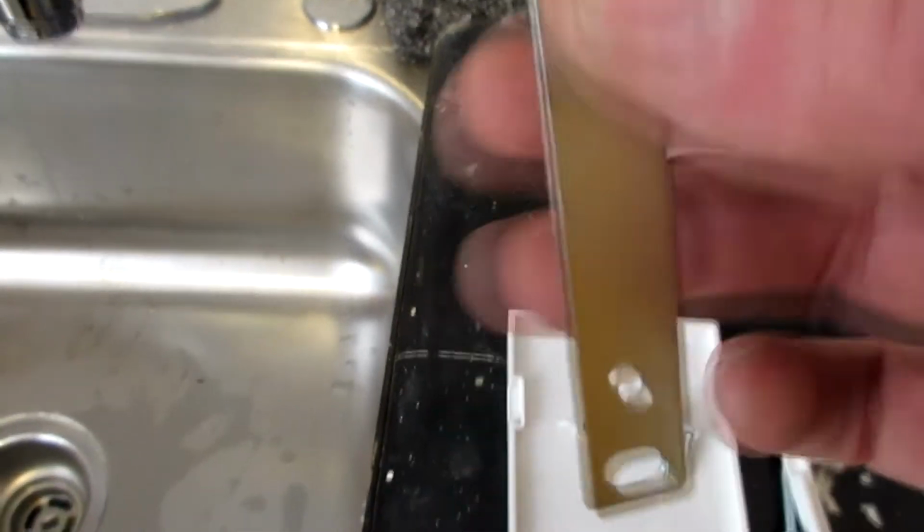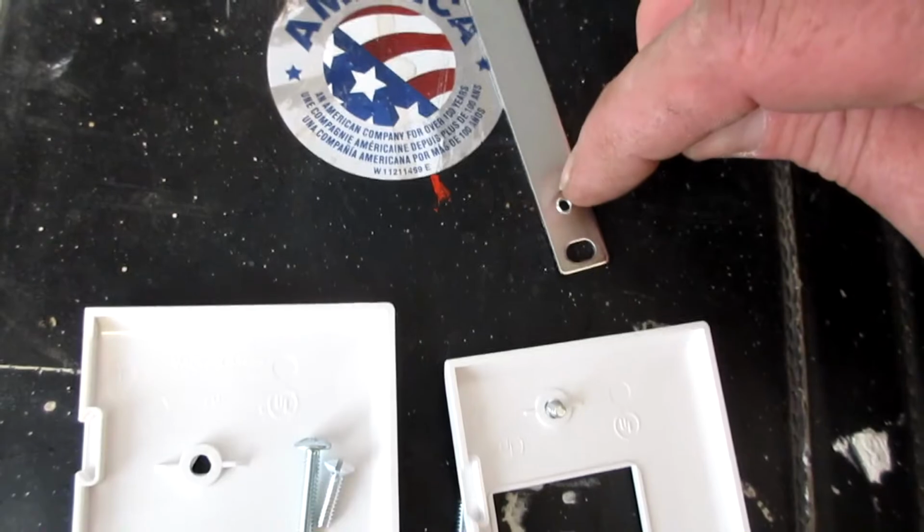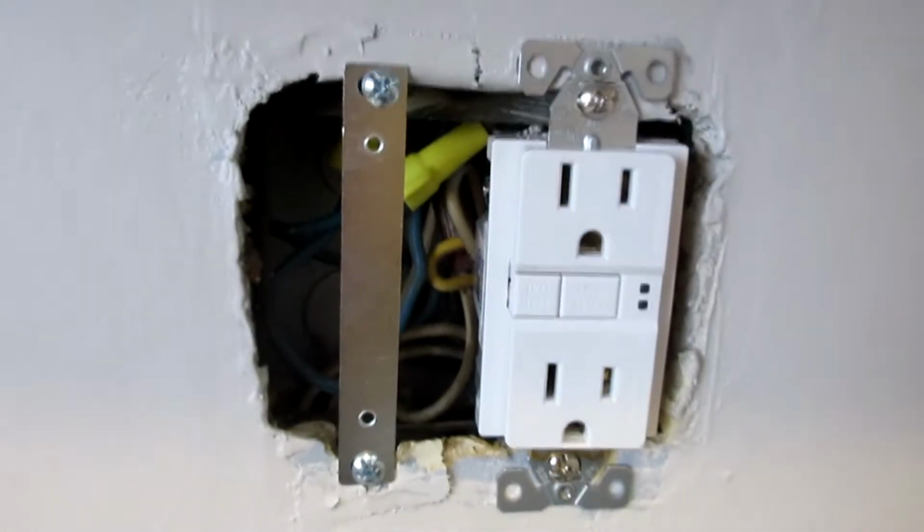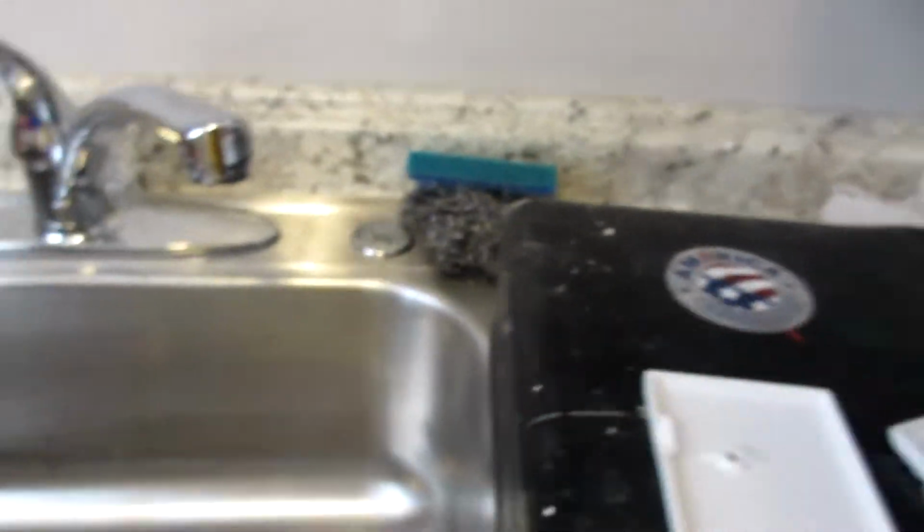These inner ones are threaded. So this one and this one are threaded, and you screw into the box with these two. Alright, you see that little thing is in there? And now when you put these two together,